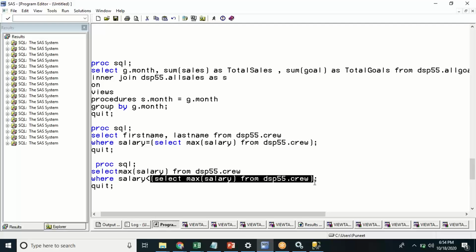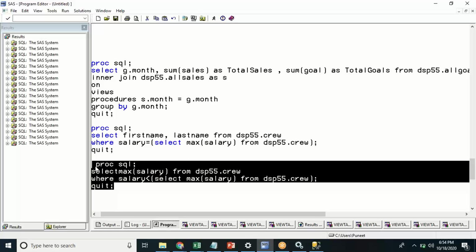This inner query will give me the highest salary in the output. Say suppose that comes out to be 50,000. Now I am saying I want to find the maximum salary which is less than 50,000. So whatever will be the maximum salary after 50,000, you will get that. So if I execute this,